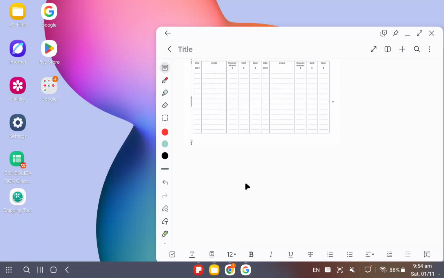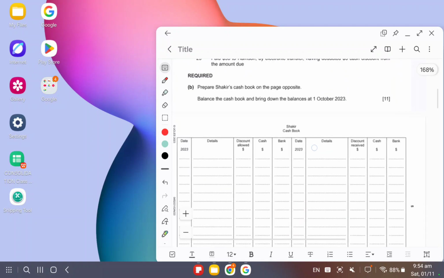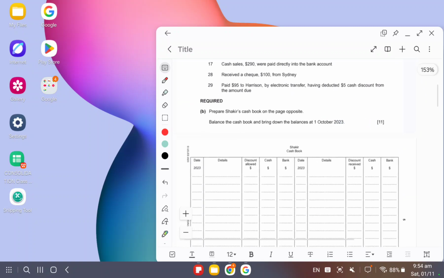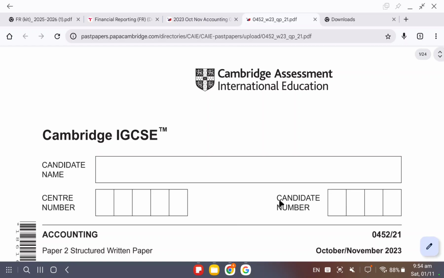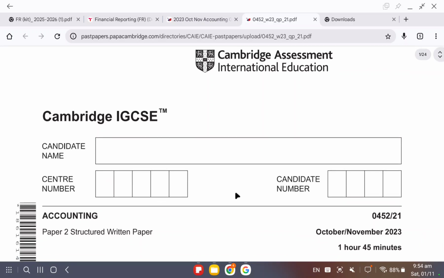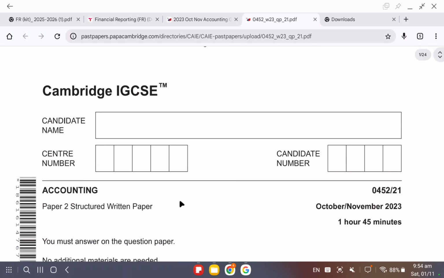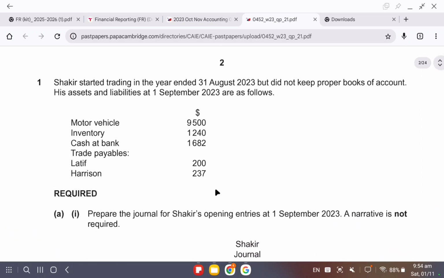Today we will see how to record cash books from our past paper 2023 October November. Okay, so this is the question from past paper 2023. So see this question. This is October November 2023 past paper. The variant number is 21. Okay, paper number. So here, first question, you can see Shakir started trading in the year ended 31st August 2023